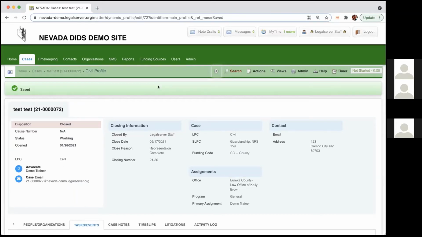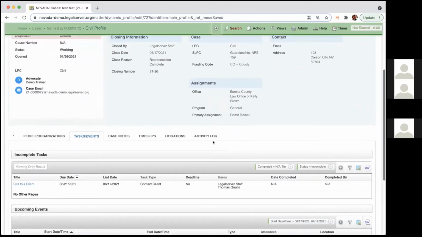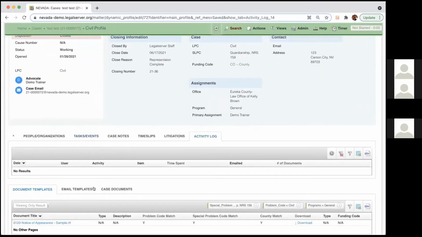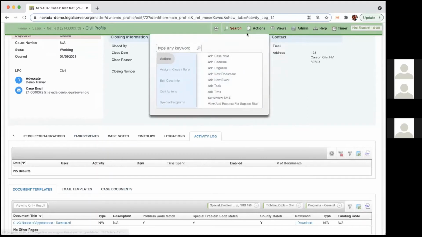But the next thing I want to talk a bit about is just activities on cases. So we've got a tool that we call activities, and it's going to allow you to record several different things for your cases. So on our case profile, we've got our activity log. Of course, we don't have any activities on this case yet, but any activities that any user has added to this case, we'll be able to view here. And also same thing, if I go up to actions,